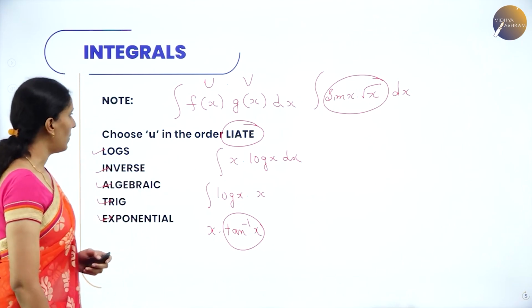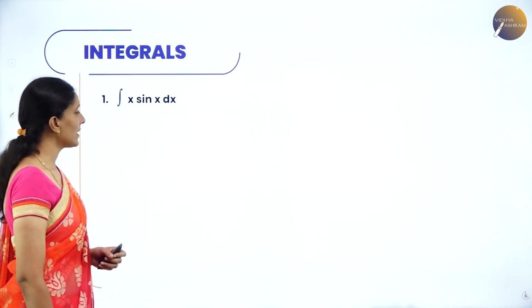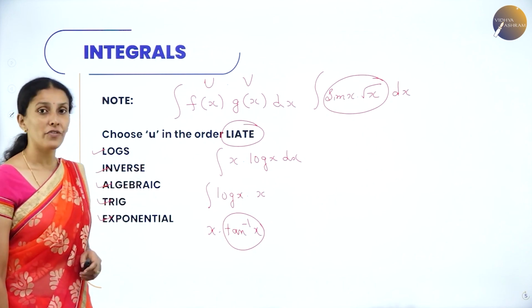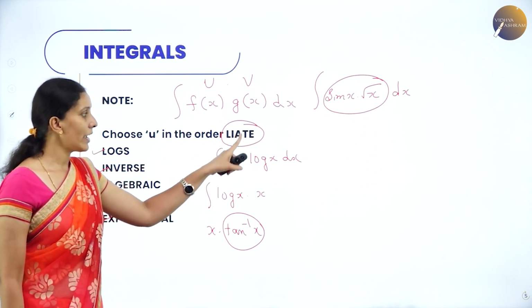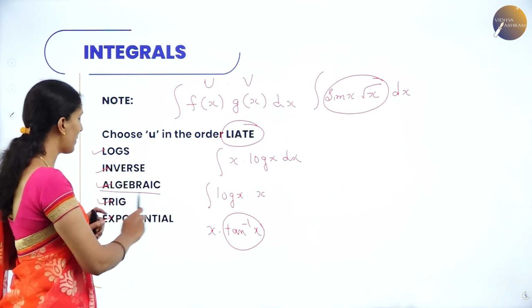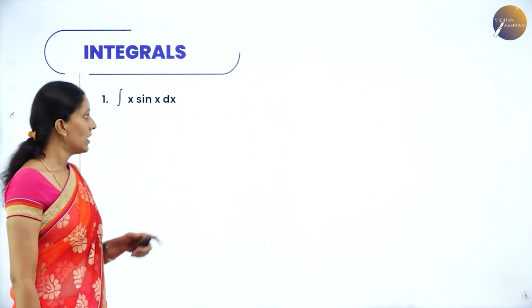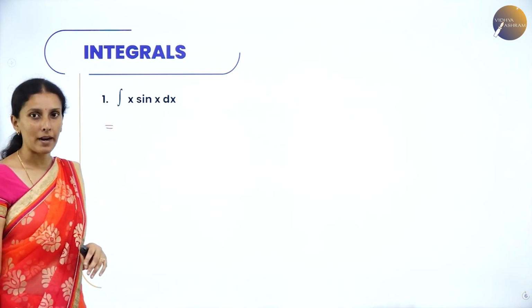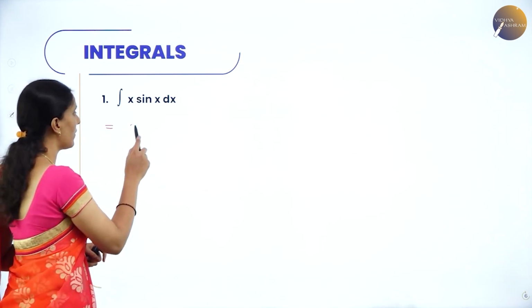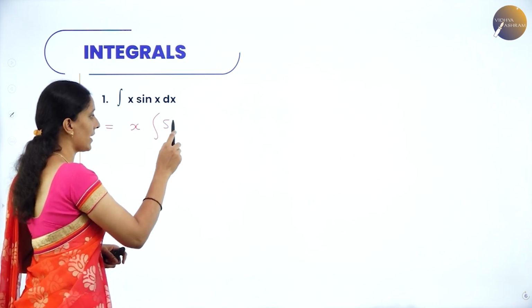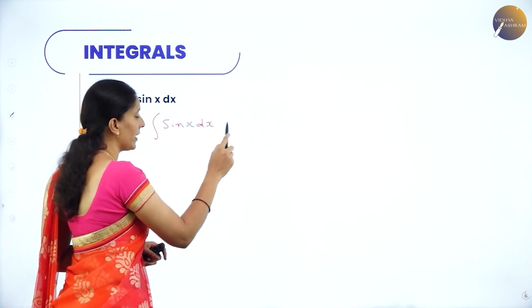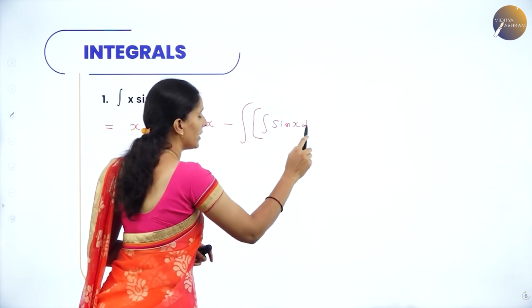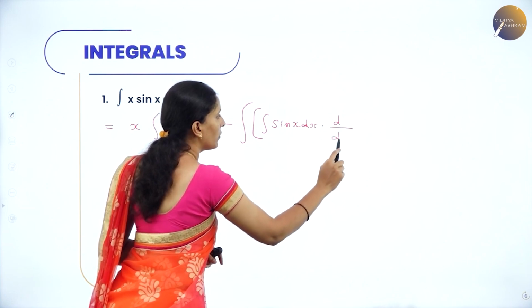So let's take up a few problems. Integration of x sin x dx. Here, according to LIATE, which function has to be chosen first? Algebraic, then trigonometric. The function is already given in that order. So let me apply integration by parts. What does integration by parts say? First function, integral of second with respect to x, minus integral of the integral of the second with respect to x into the derivative of the first function